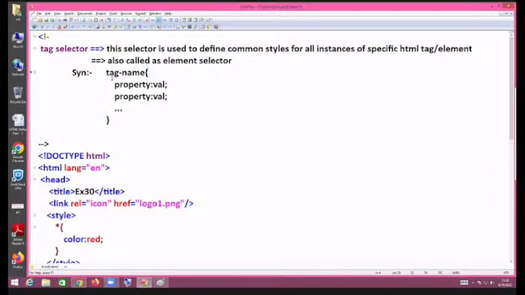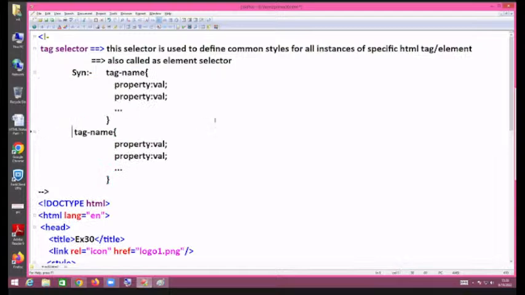Can I define one more tag selector, sir? I just said only that one. You can define any number of them. For all H1s I need one style. For all paragraphs I need one style. For all anchor tags I need one style. For all images I need one style. But if you have to develop a total of four tag selectors, the tag name keeps changing here,